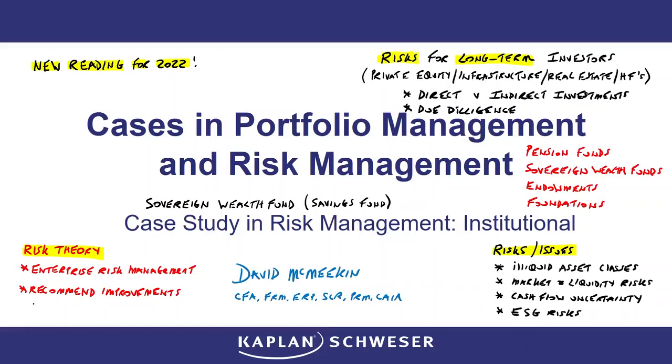We're thinking long-term investors are often going to see 20, 25-year or more horizons. Now, the case study itself, though, that the chapter uses to illustrate these points, they've actually picked a sovereign wealth fund. But I think for the exam, any of those institutions would be fair game. But this particular case study we're going to have a look at is a sovereign wealth fund.